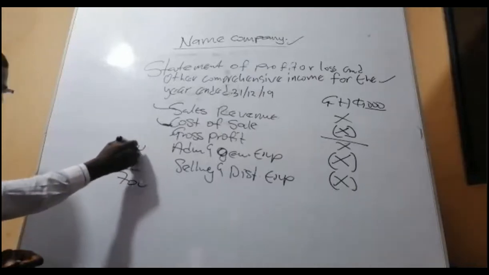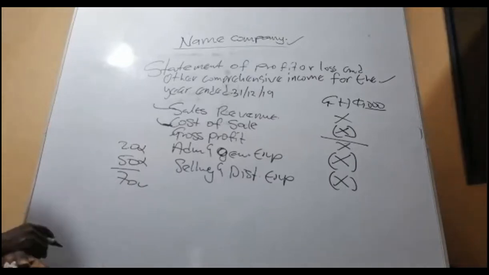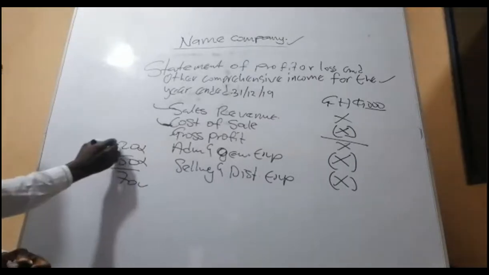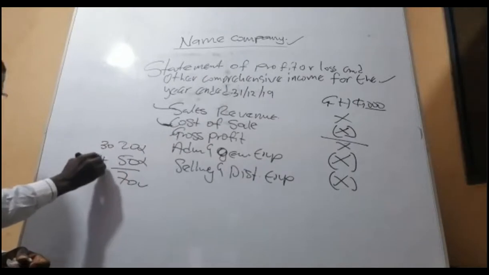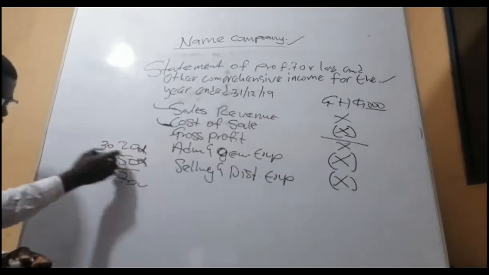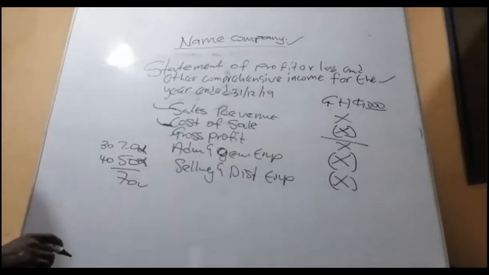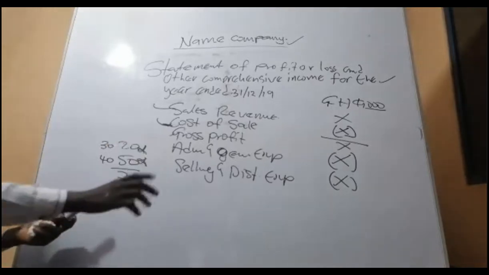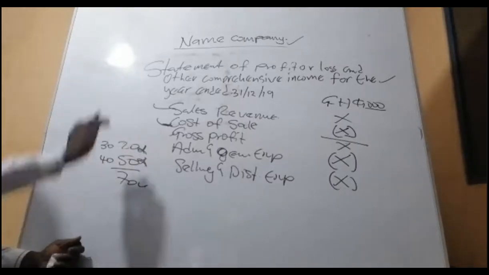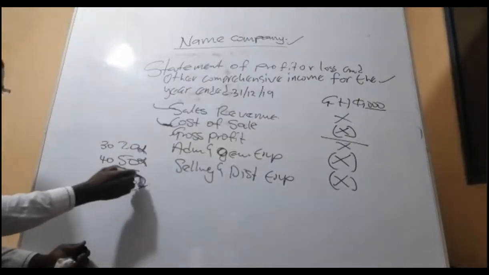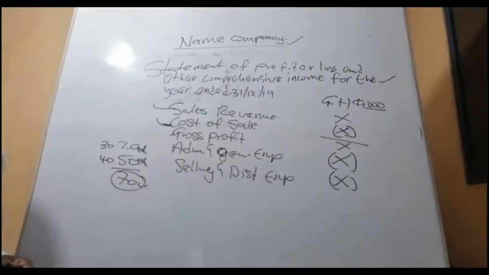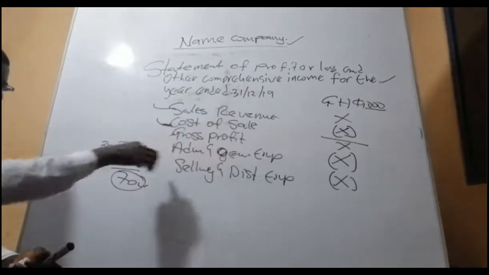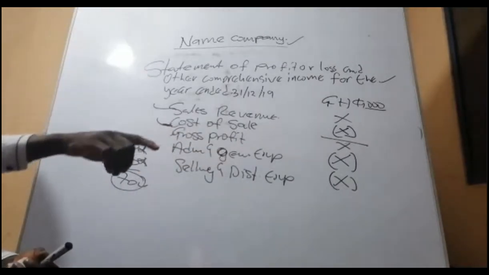So that means individually you are wrong, but the total is correct. Assume that admin is supposed to be 30 and distribution 40. There is marking down because I cannot see 30 there. How do we get it? Can we take a comprehensive insurance on this? Yes, there's insurance here. Why can't we go and do workings somewhere, showing all this in one vertical working and present the 70 here, so that I get the 70 correct here and the way I mark the individual one is also correct for me?